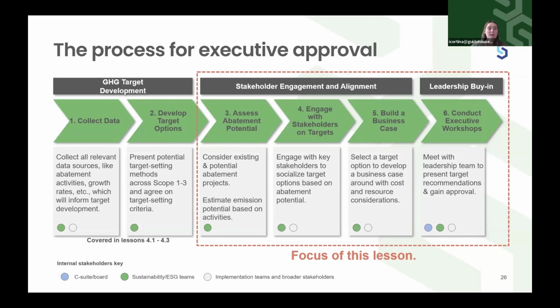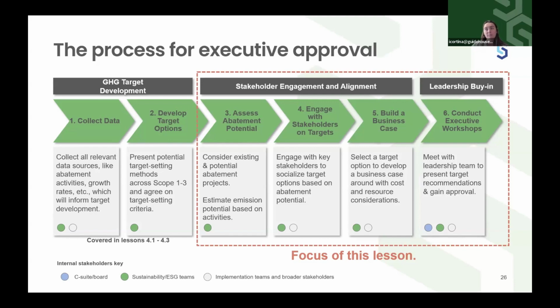You can finalize the target options that you were considering and really use your stakeholder engagement as well as your abatement considerations to define how much it's going to cost, who's going to need to be involved, and what it's going to take to get this target achieved, so that you can have that packaged up nicely to bring